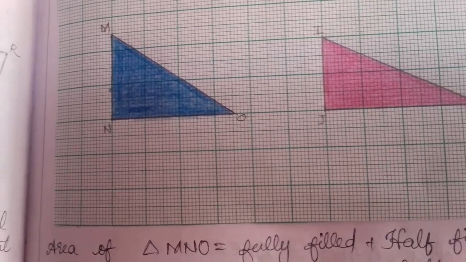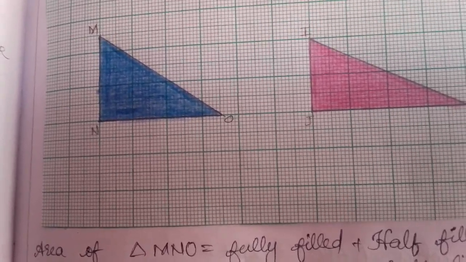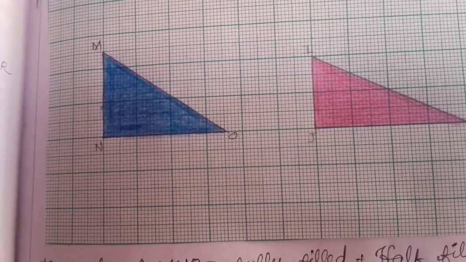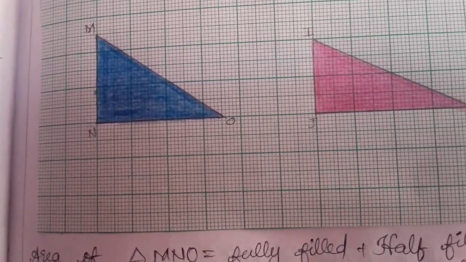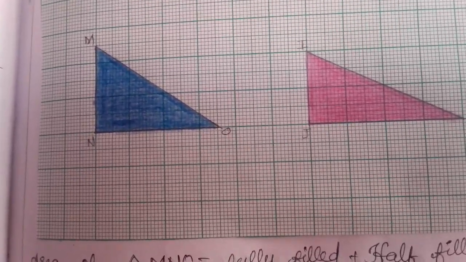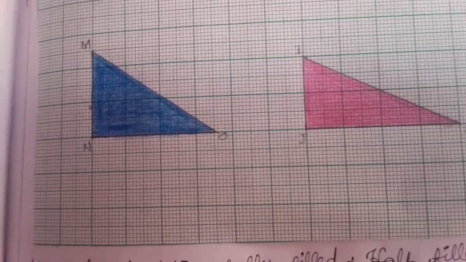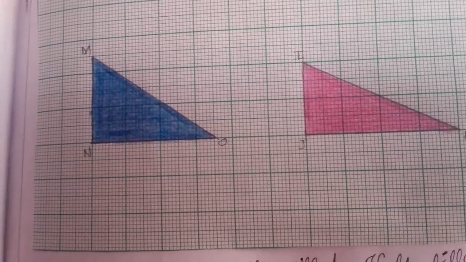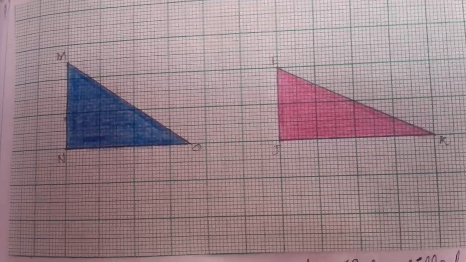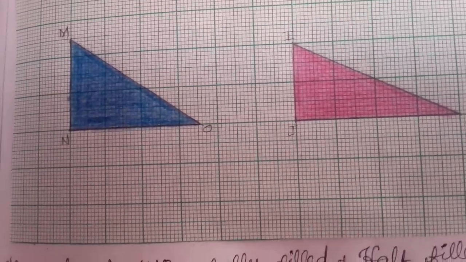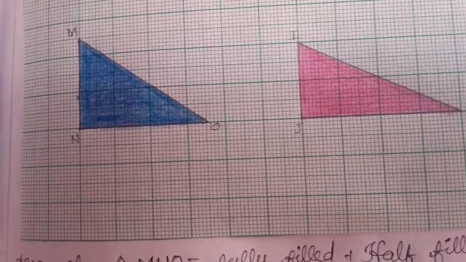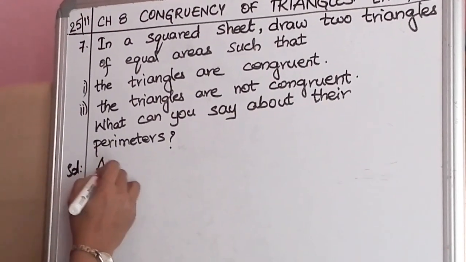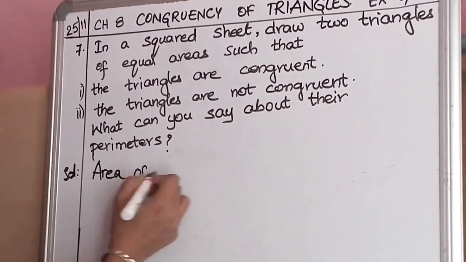Okay, now let us do the second bit, the triangles that are not congruent. So take your graph sheet, draw two triangles which are right angled and their lengths are not the same. Okay, see, like this only you draw so that it is easy for you to write the solution. Okay, one triangle is MNO and the other triangle is IJK. Okay, understood? Okay, let's continue with our solution now. Let us write, find out the area. Area of triangle